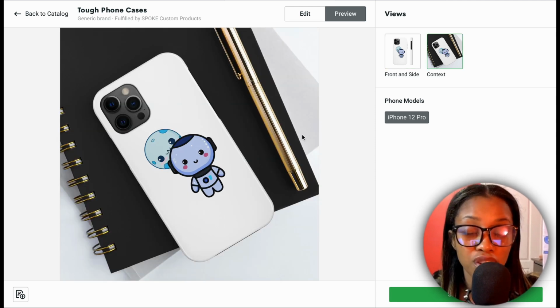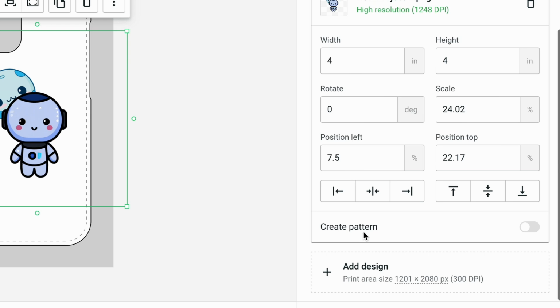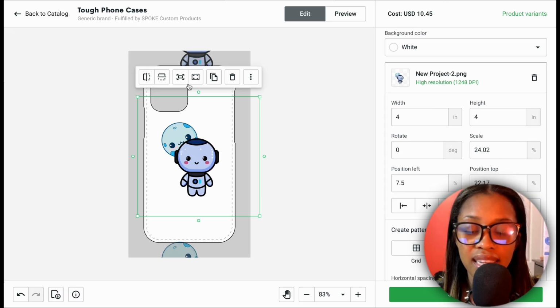This phone case is actually pretty cute, but what I will say is that phone cases with patterns tend to sell better. In order to turn your designs into patterns, it's quite easy. On this side, you're going to scroll down a little bit, and then you see where it says create pattern. You're going to be sure to click this, and now that you click this, as you can see, it's turned